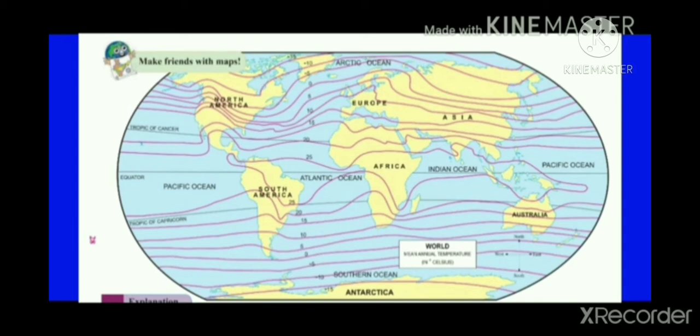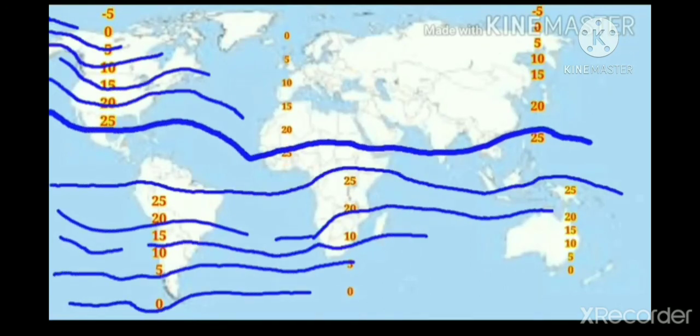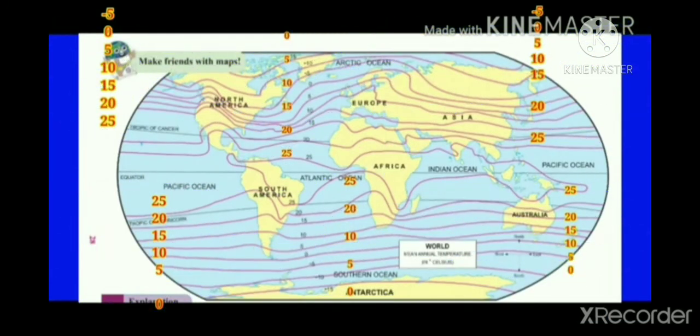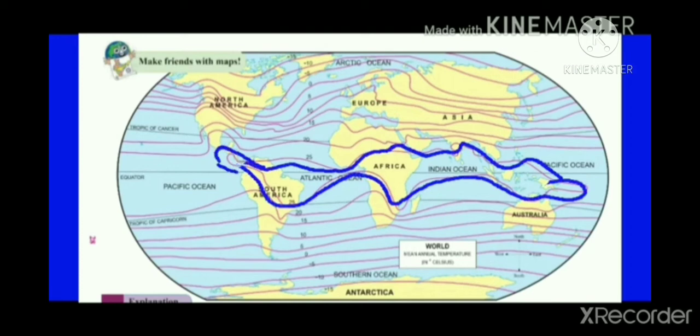Isotherms are the lines that connect places with the same temperature after avoiding the effect of height. These lines gradually appear parallel to the latitude on a world map. Observe the isotherm of 25 degrees in the map. This line occupies an area close to the equator. The shape of this line appears like an ellipse on the map.